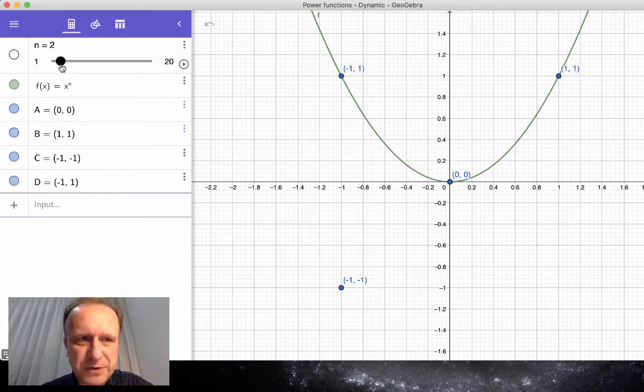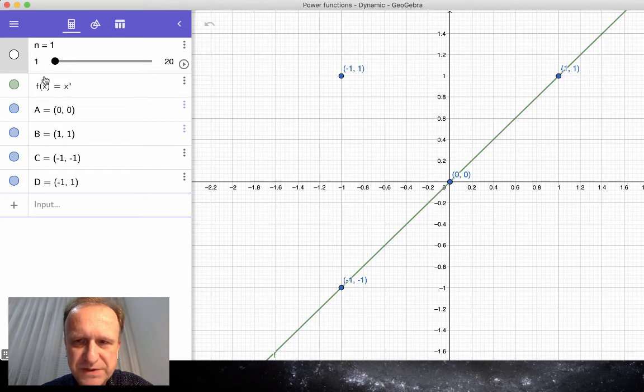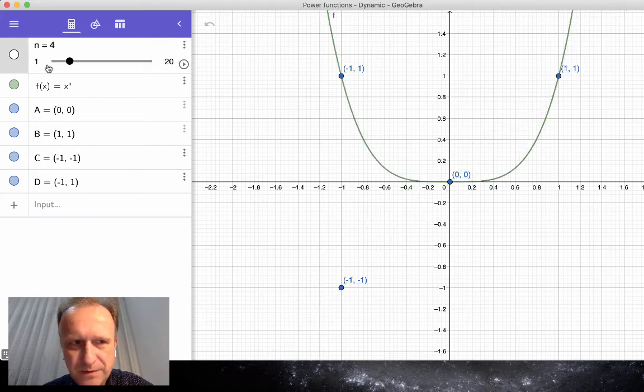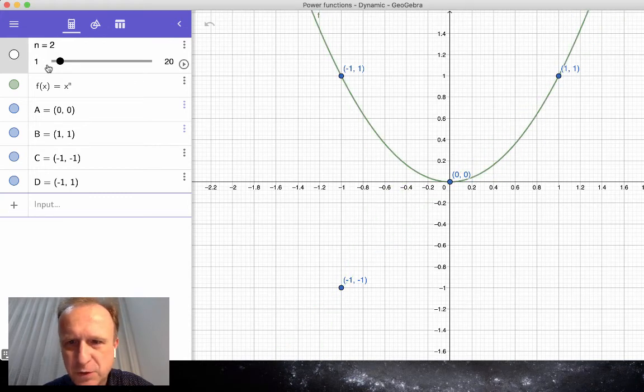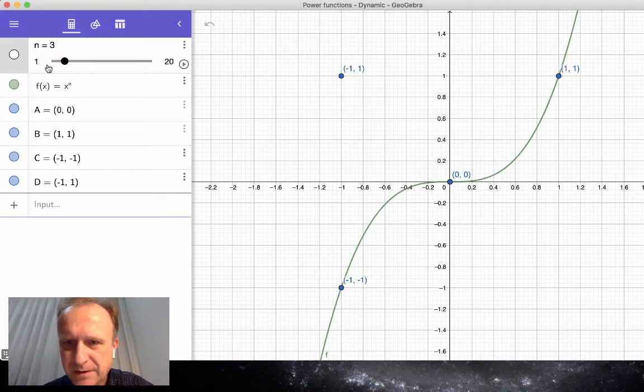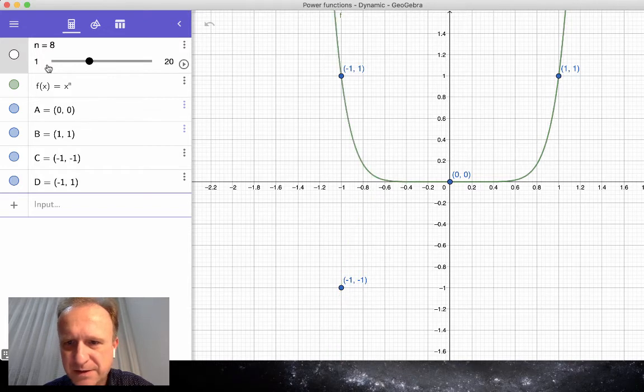The only thing that I can do is to increase the value of the slider, and this can be done only by units of 1. So first the slider assumes the value of 1, then 2, 3, 4, 5, 6, 7, 8, 9, 10, 11, 12, 13, 14, 15, 16, 17,